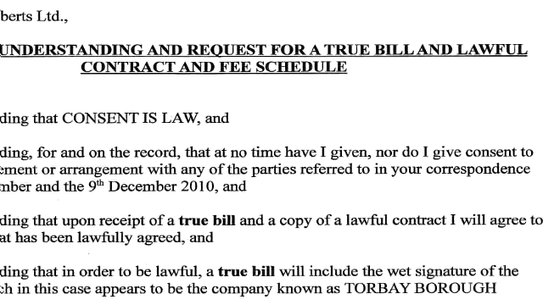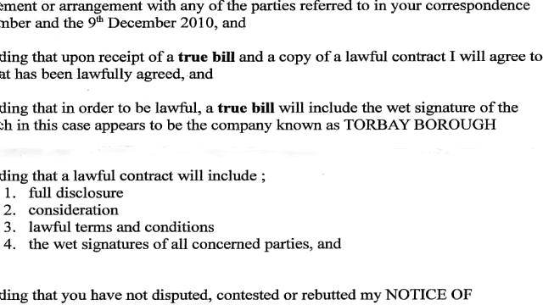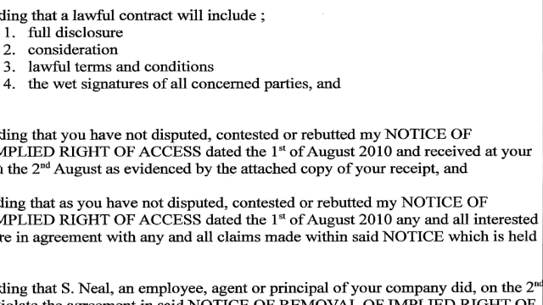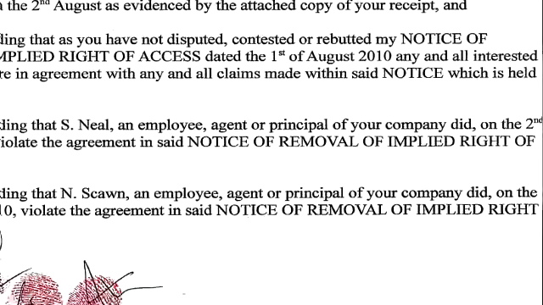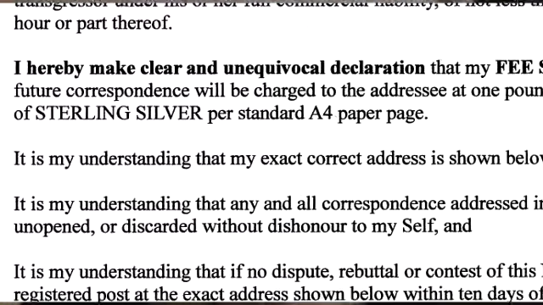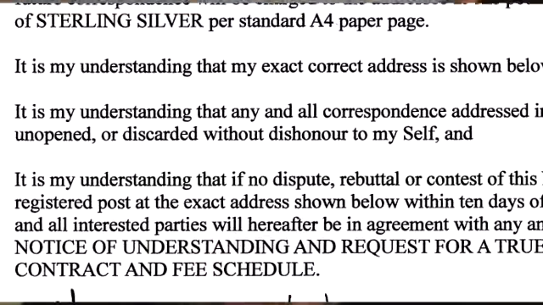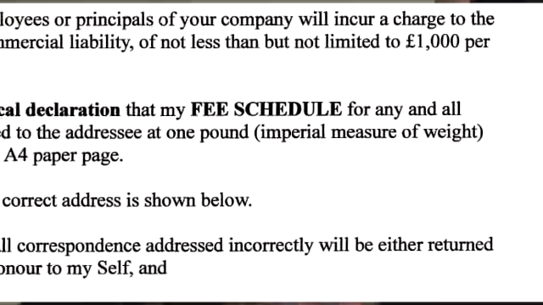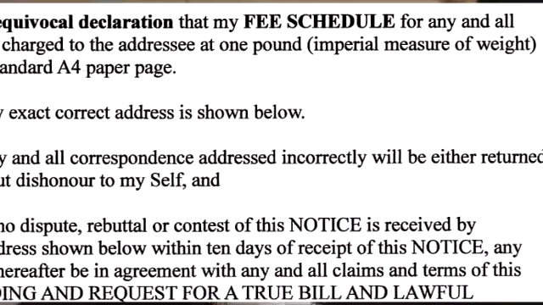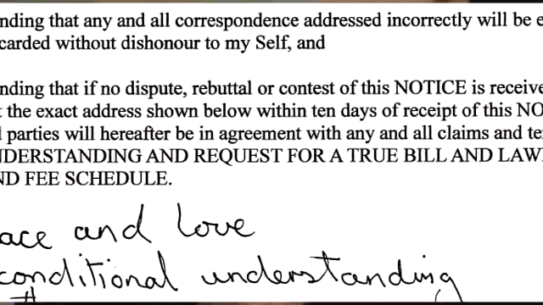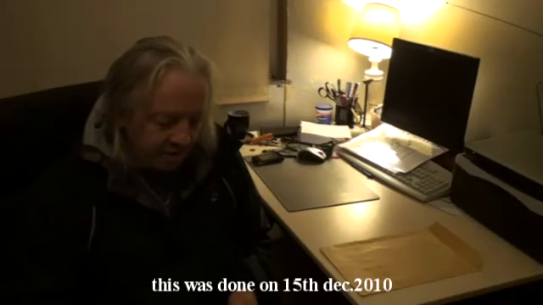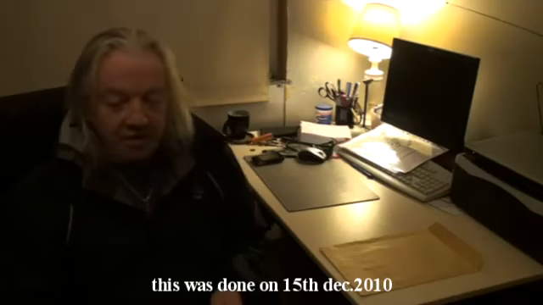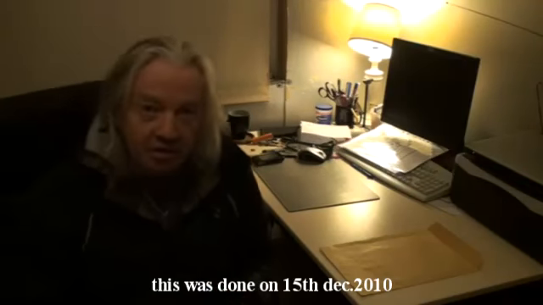So I wrote a notice of understanding and a request for a true bill and lawful contract and a fee schedule. These are up there for you to look at. When we sent it, it went registered post. I sent a copy to the local office and I sent a copy to the head office, and got receipts for both. I'm commonly called Nick of the Devon clan, and this video is to witness my sending these documents